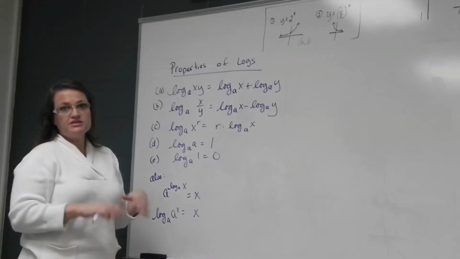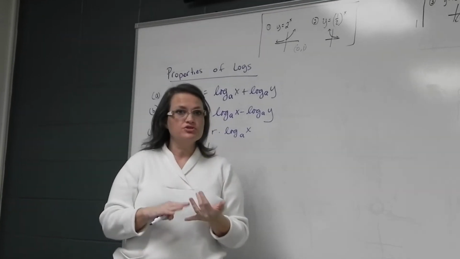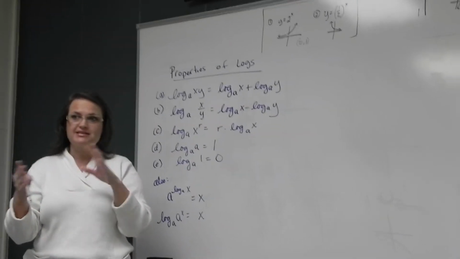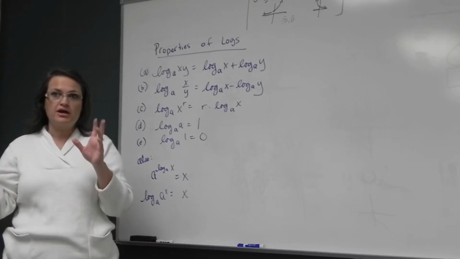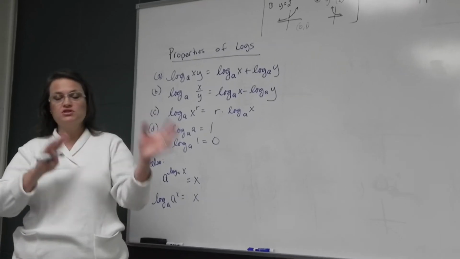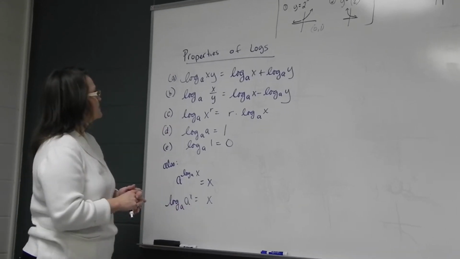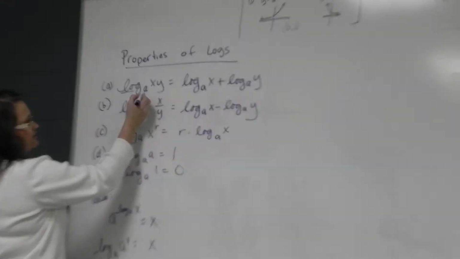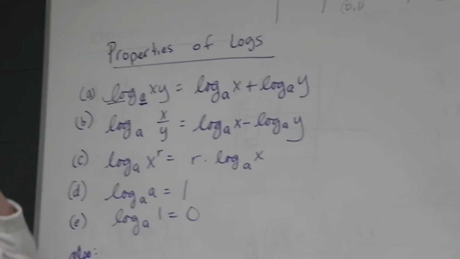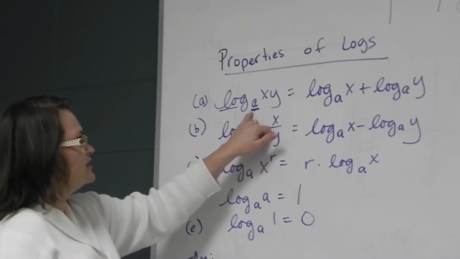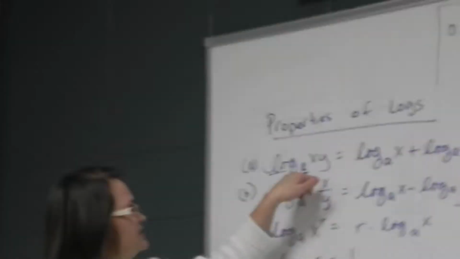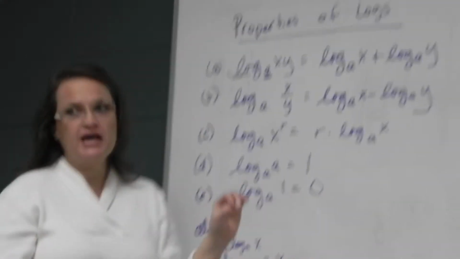Right, so we have some properties that go along with logarithms that should look real familiar to you, because they're really the same properties that you've used in a way with exponents. The exponent rules and the log rules are very similar, you'll notice. So if you have a log of any base, and that's what the A is, don't let that distract you. It's just meaning whether it's base 10 logs, base 2 logs, whatever base you're talking about, the log rules say